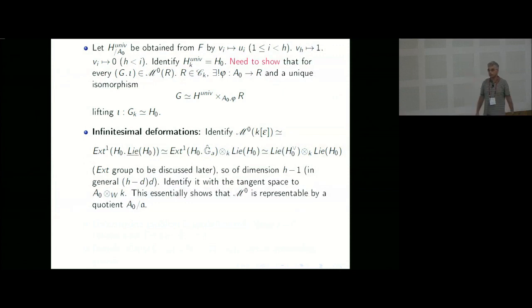And actually this is not unique to dimension 1. So in general, if H0 was of dimension D, one Lie algebra would be of dimension D, the other one of dimension H minus D. So you would get a vector space of dimension H minus D times D. Here it's dimension H minus 1. So at least you get the right dimension for the infinitesimal deformations from the number of variables that you introduced. It remains to be checked that in fact, via all these constructions, these variables, modulo higher powers, do map to a basis of the tangent space. And this is the first step.